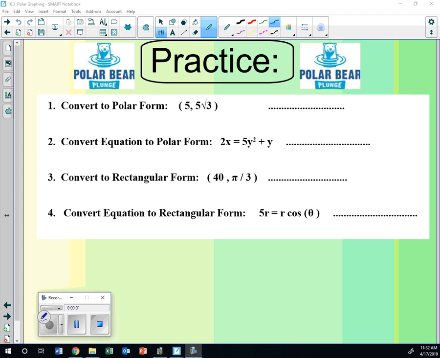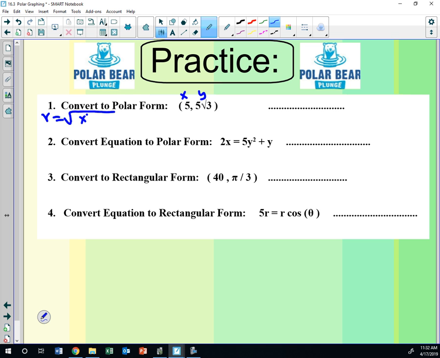Going to do an overview of converting polar to rectangular and rectangular to polar. So the first one, we're going to start with x and y, and we're going to convert it into r and theta. So r is the square root of x squared plus y squared. That's the formula you're going to use. You know x, you know y, so then you're just going to get r equal to the square root of